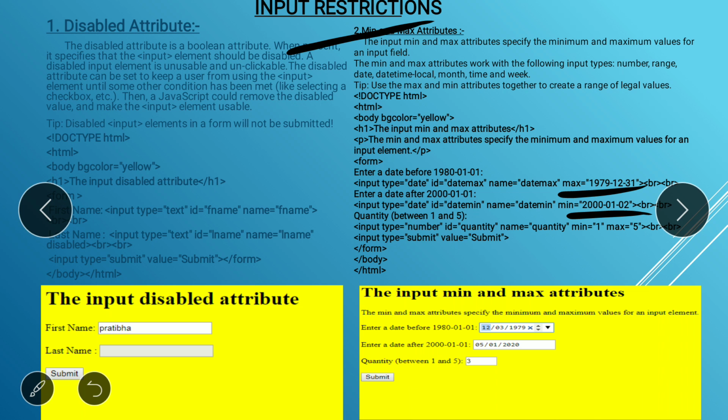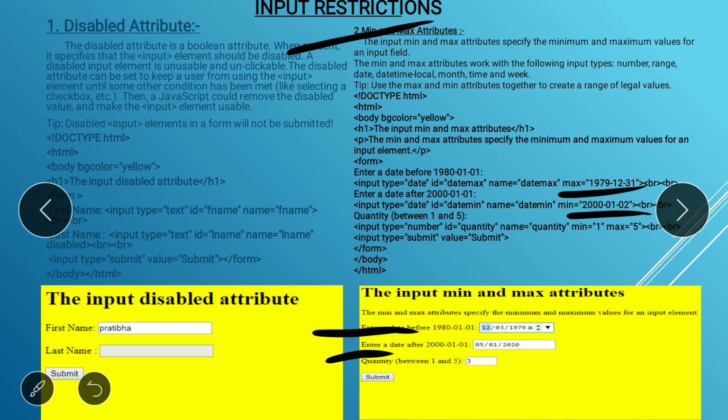Means the user has to enter a date before 1918-01-01. Okay, and here I mention the user has to enter a date after the year 2000, means between 1980 and 2000 you have to enter the date.